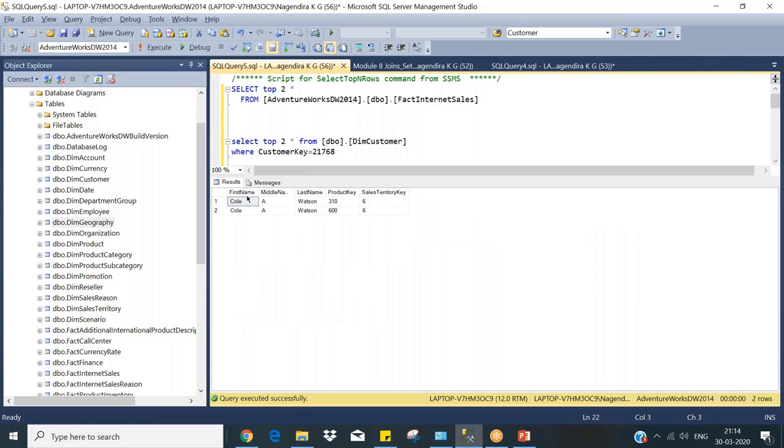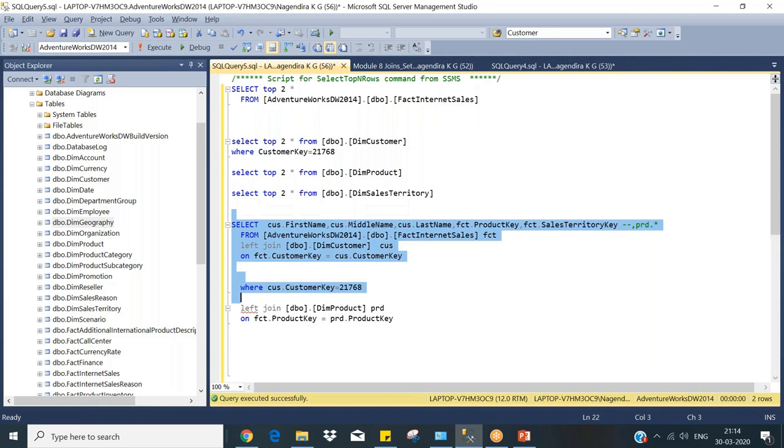That is the purpose of your left join. So this is your output for these two products. You can have multiple data here. In your left table you have only two records, but in your right table, which is your product table,